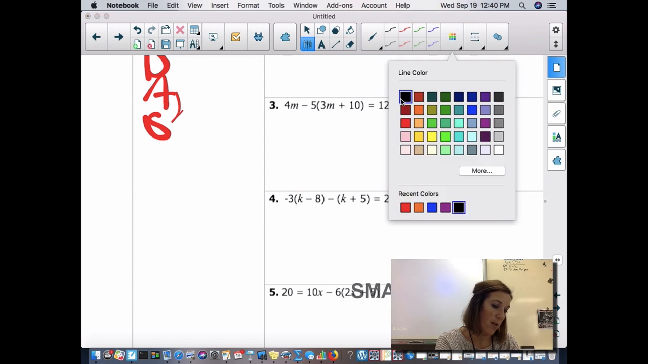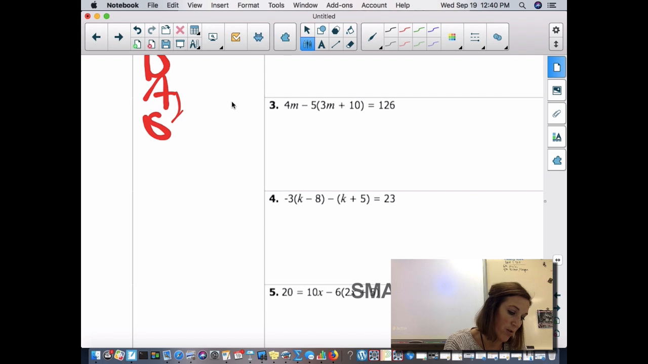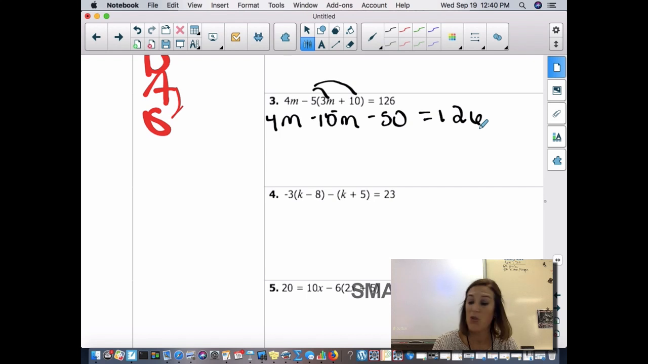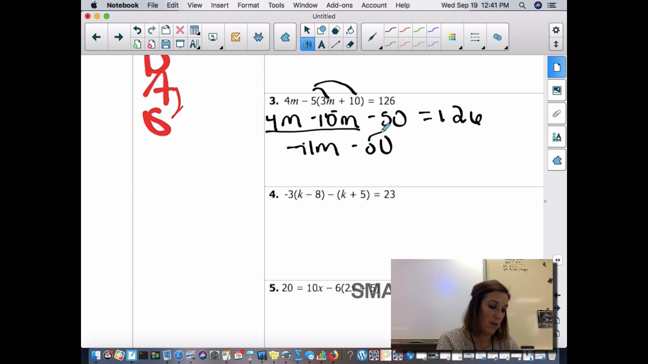Okay, on number 3, we do have step 1, distribute. So we are going to do that first. So I'm distribute the 5 into both. So I'm going to rewrite the whole thing. So 4m minus 15m minus 50 equals 126. Okay, so I did my distributing. Step 2 is to combine like terms. Okay, so I have a 4m minus 15m. That makes negative 11m. And then I have minus 50 equals